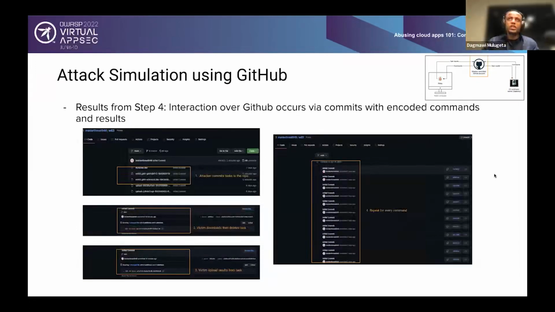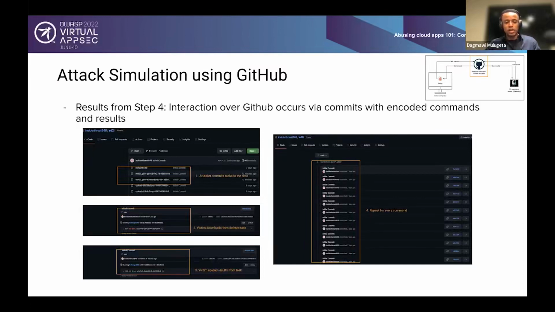So we said that they abuse GitHub or they communicate via GitHub, but how exactly is this happening from the GitHub side? Like what are the steps it's actually following? Well, it's very similar to Dropbox in that there are encrypted and encoded files. But in this case, they're going to get added to a local repository that's going to get pushed up into the remote